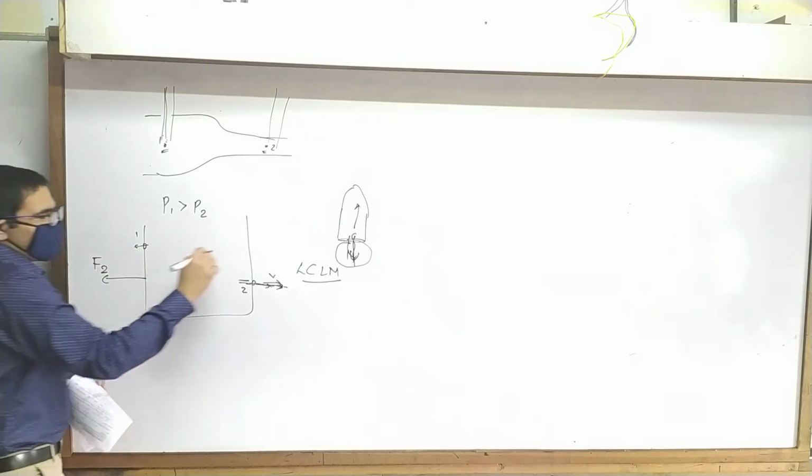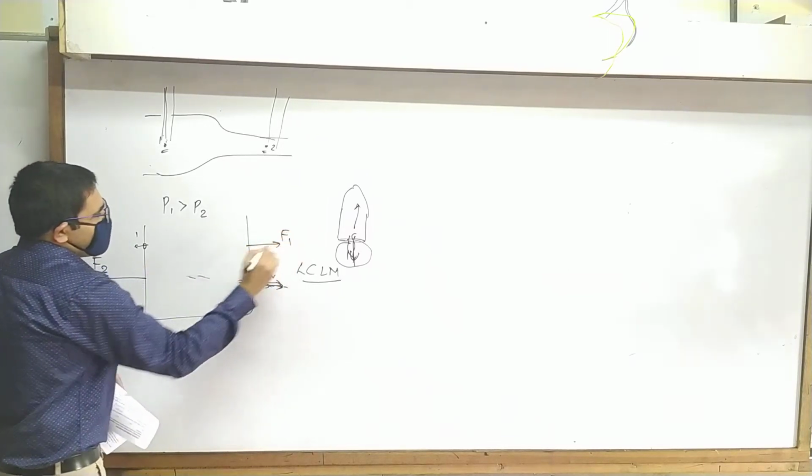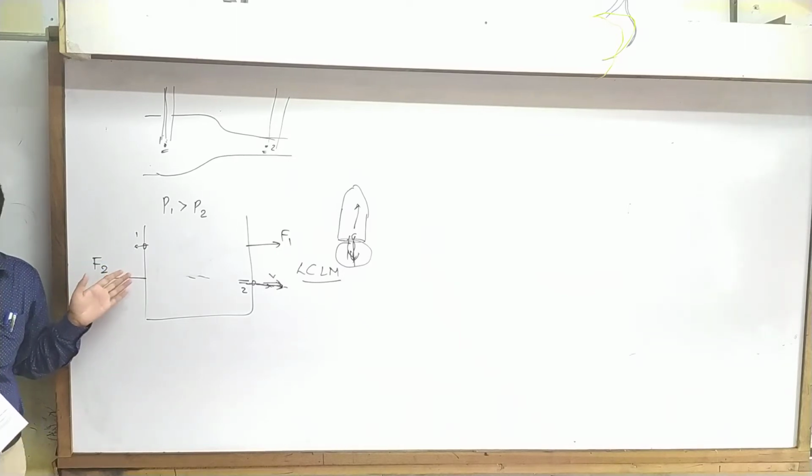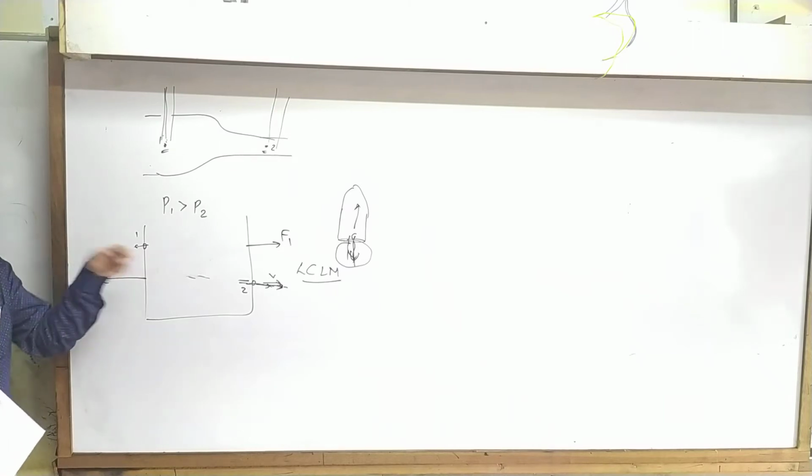And force because of hole 1 will be towards the right. I hope that doesn't surprise anyone. So because of these two forces, suppose the bottom is frictionless, what will happen? It will start to move. This is just like a rocket. Instead of gases, it is using fluid. Understood? That is liquid actually which is leaking out.